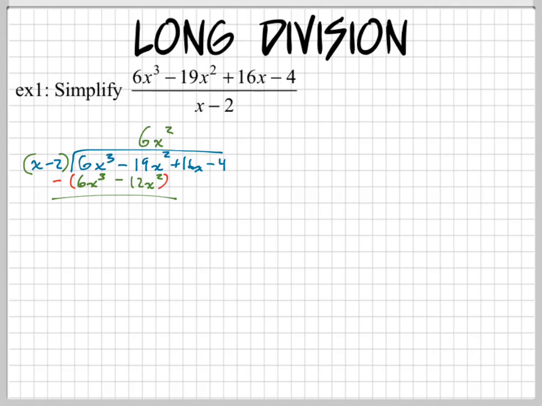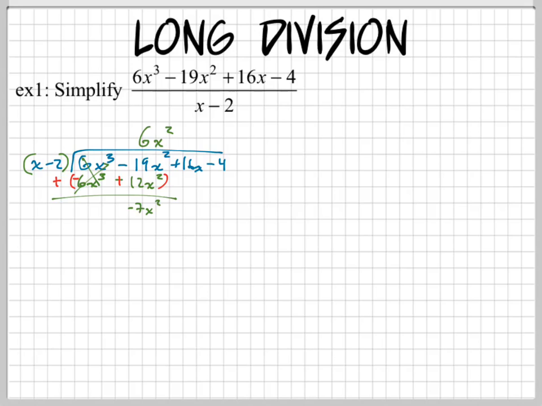Always, always, always subtract the whole thing. Okay, so what I like to do is distribute the negatives, so I just have to add. It makes fewer mistakes with negatives. This one should always cancel out if you do it right. And then the next one is going to be, what is that, a